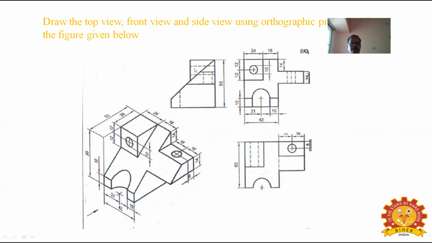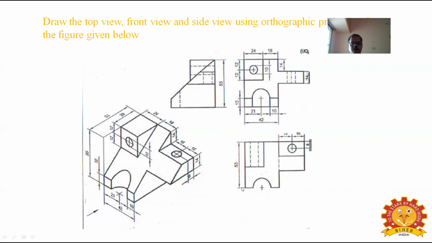Part of the triangle is visible and part of the triangle is invisible, and that you can convert into hidden lines. Because in the side view the inner holes are invisible, we can show them in hidden lines. Also the holes which are visible in the top view are invisible in the side view, and that also you have to show in the side view as hidden lines. One hole is horizontal hidden lines and one hole is vertical hidden lines. That is why you have to mark it.